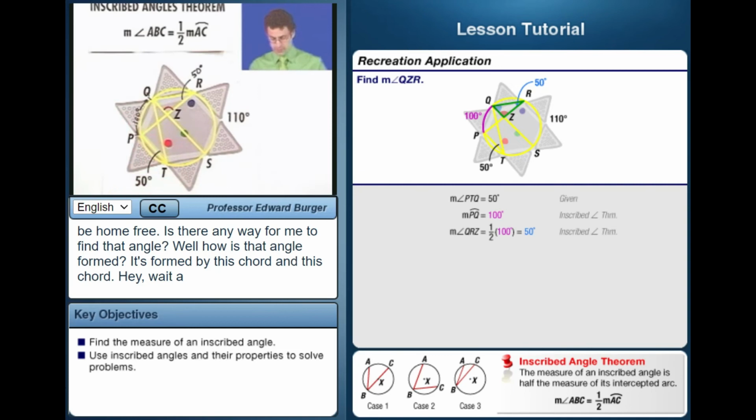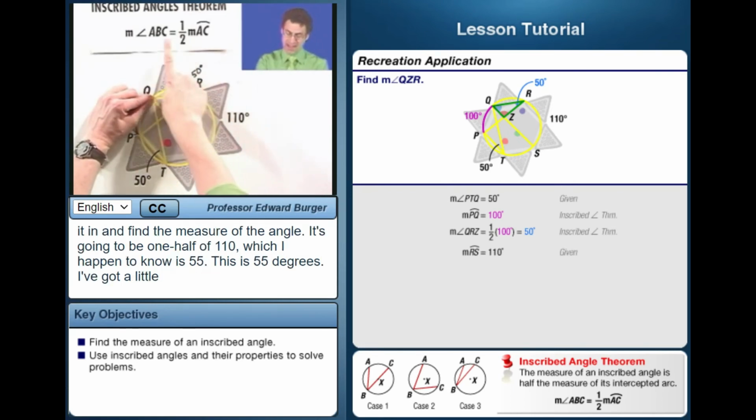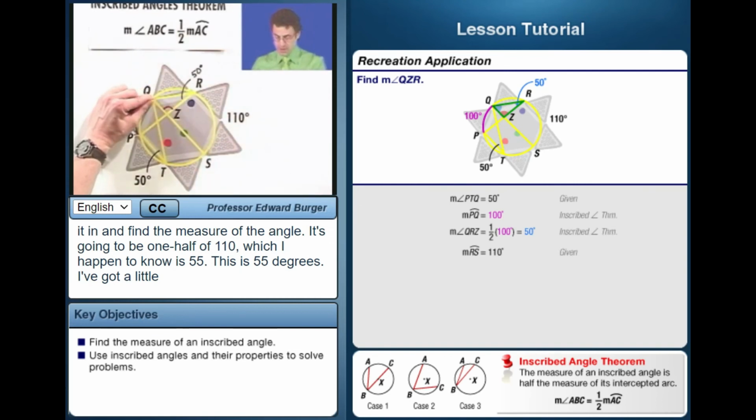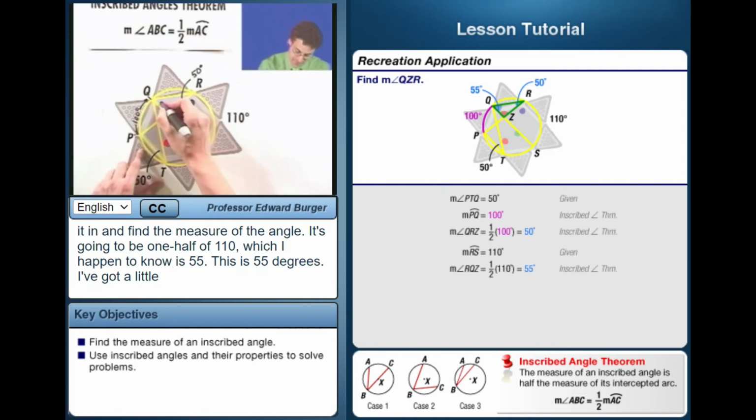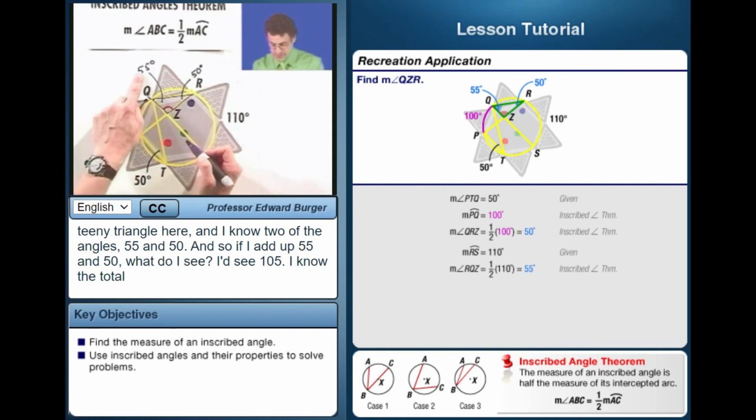How's that angle formed? It's formed by this chord and this chord. Wait a minute. That angle right there is an inscribed angle. Here's the arc, and that arc we know is 110. Since that's 110, I can plug it in and find the measure of the angle. It's going to be 1/2 of 110, which is 55. This is 55 degrees. I've got a little teeny triangle here, and I know two of the angles, 55 and